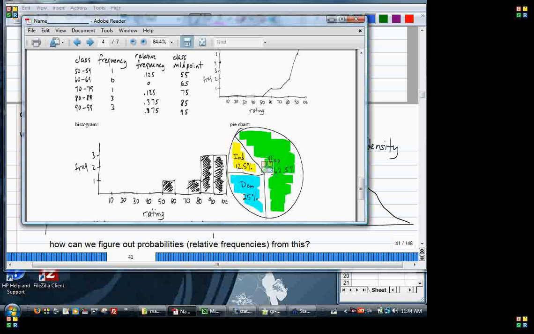Yeah. It's 3 out of something. 3 out of what? How do we know what the probability is for a rating being from 90 to 100? 3 out of 10? Yes. So it would be,